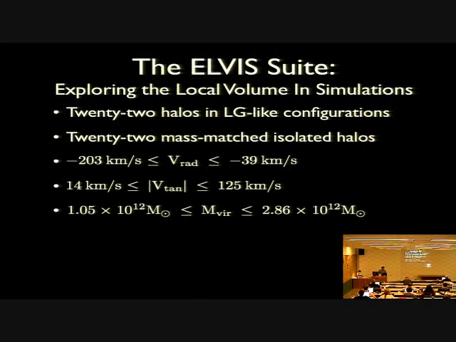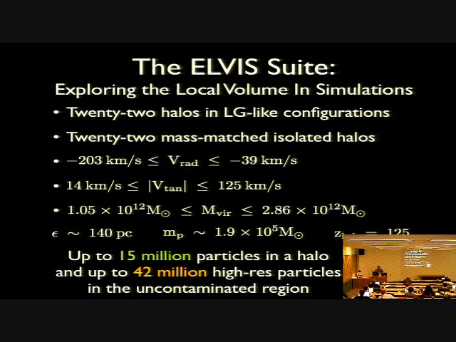We wanted to run pairs that looked like the local group, so we selected halos that were moving towards each other, giving us a range of about -200 to -40 in radial velocity. And we also picked pairs with relatively low tangential velocities, so the magnitude of that varied between about 14 and 125 kilometers per second. As I said, we ran these all at our fiducial resolution, which has a particle mass of about 2e5 solar masses and a softening length of 140 parsecs. Now this gives us up to 15 million particles in a halo